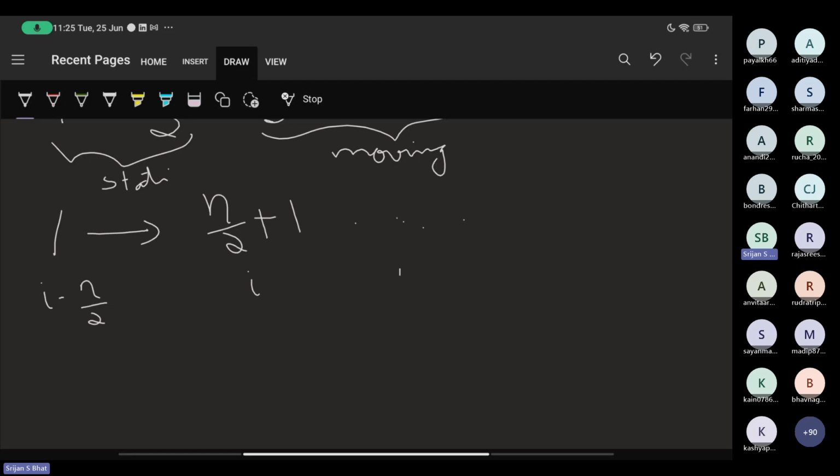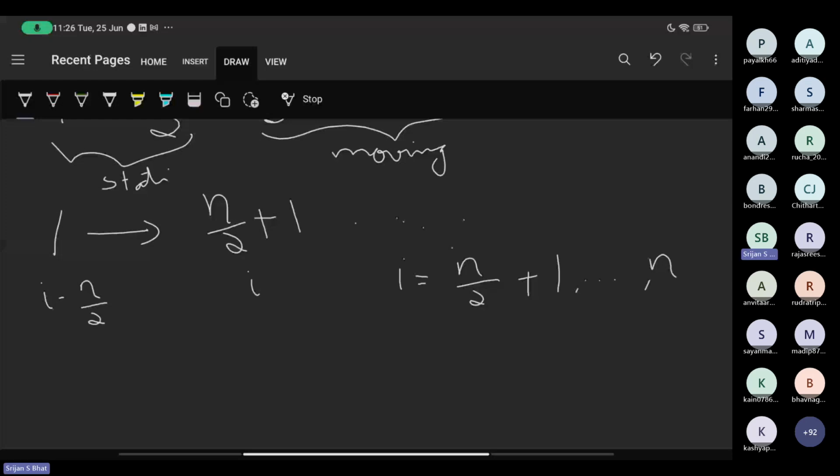And i ranges from n by 2 plus 1 to n. So you pair it up in this way, and then you calculate their velocities as well as positions.